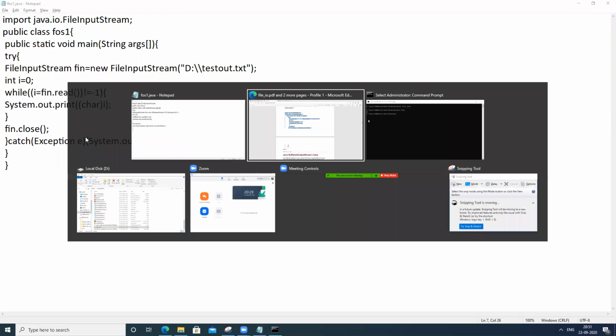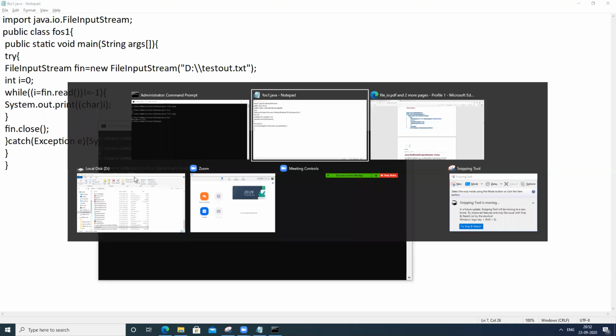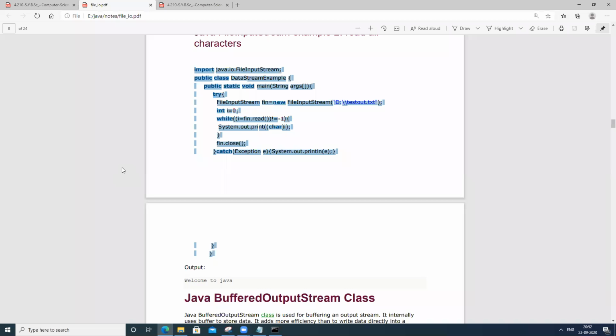Okay, very simple program. To run it, we compile the program and run, and here we get the output, welcome to ICS. So whatever we write in a file, we will get as an output. Okay, so next one is